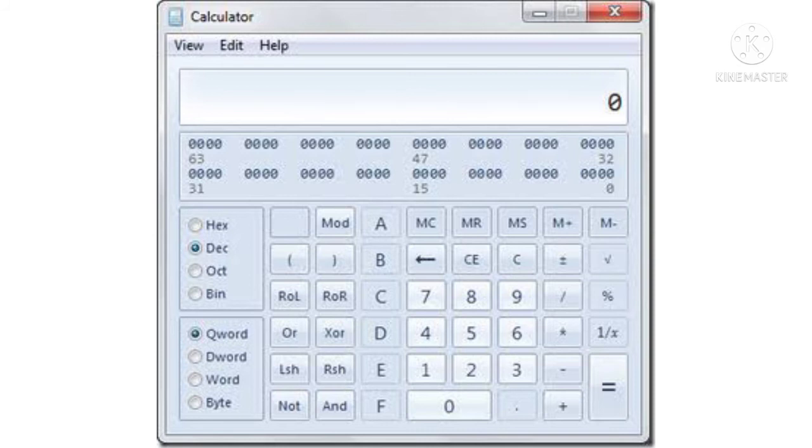The programmer mode provides different number systems. This mode has a different set of command and operating keys for performing calculations. To use programmer mode, click on the View menu, then select Programmer.